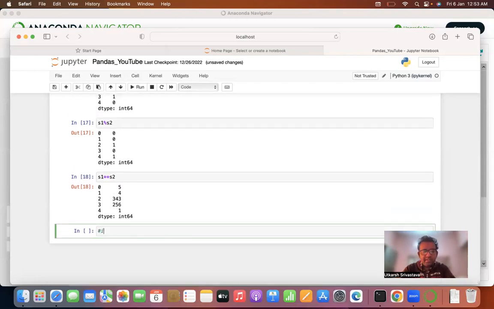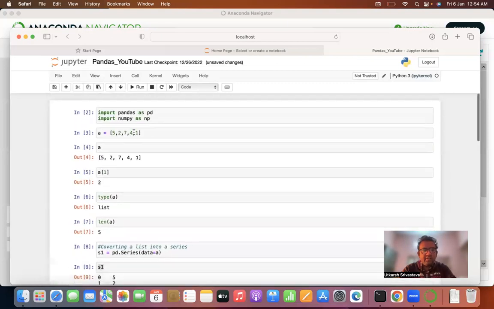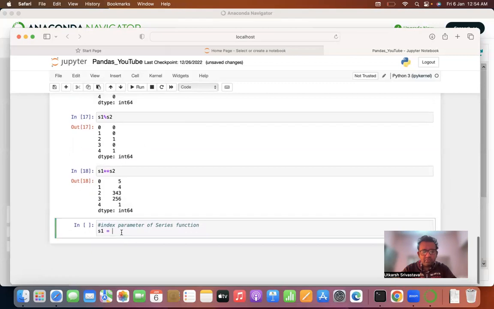Next we'll see the index parameter of the series function. Let's take s1. We already have a list 5 2 7 4 1. s1 is equal to pd.Series, data is equal to a, comma, index is equal to